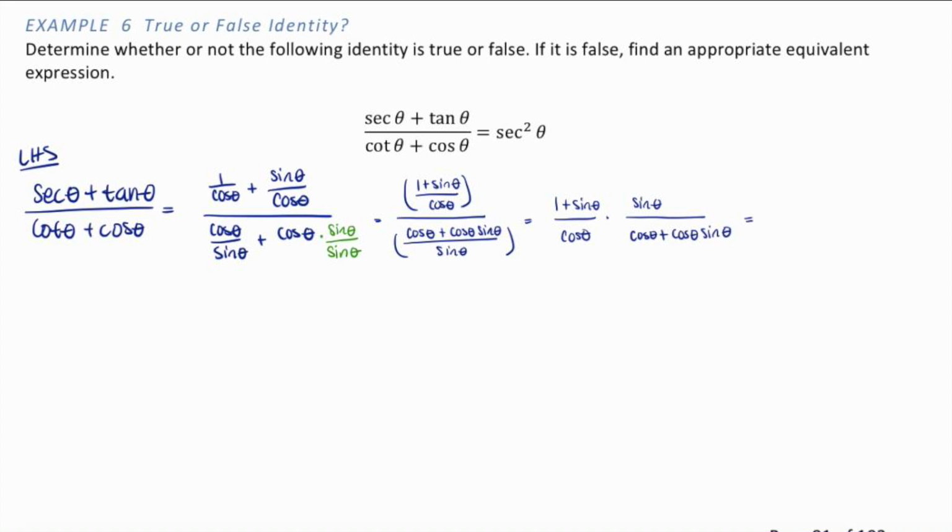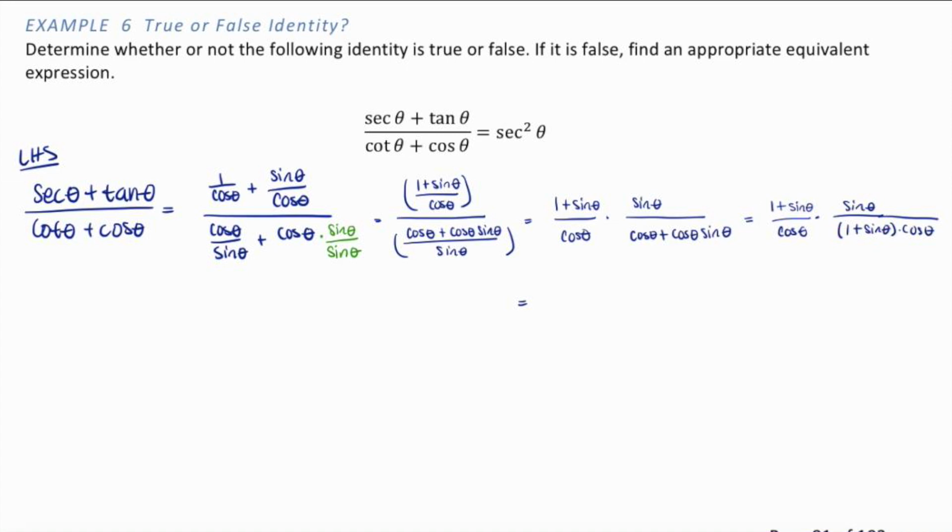So I'm going to leave the fraction on the left untouched as 1 plus sine theta divided by cosine theta. But this fraction here I'm going to rewrite as 1 plus sine theta times cosine theta. Notice all I did here was factor out this cosine of theta. So let's keep going. I have a 1 plus sine theta in my numerator and 1 plus sine theta in